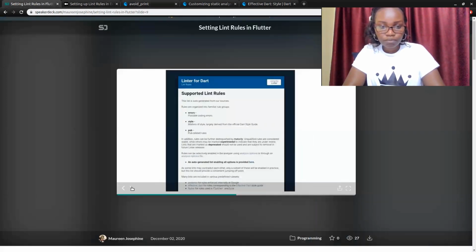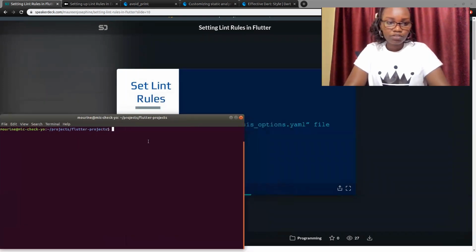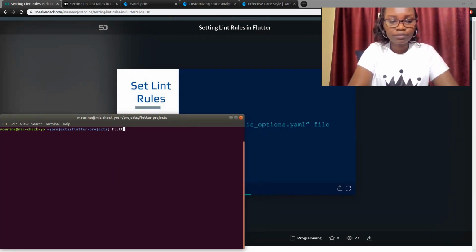So I'm going to show you how to create these rules in a step-by-step procedure in a Flutter app. Before that, we are going to create a new Flutter app. If you are new to Flutter, go back to the official Flutter documentation to get up to speed on what you need to do to get started with Flutter. But for now, this assumes you already have that knowledge, so we are just going to create a new Flutter app. In the terminal, I'm going to use the flutter create command